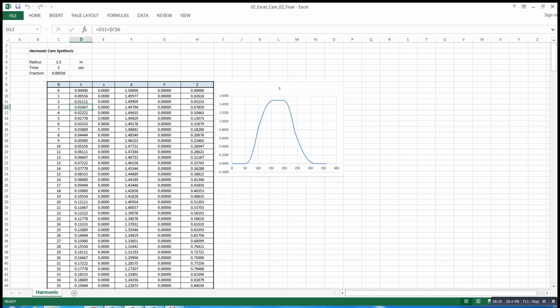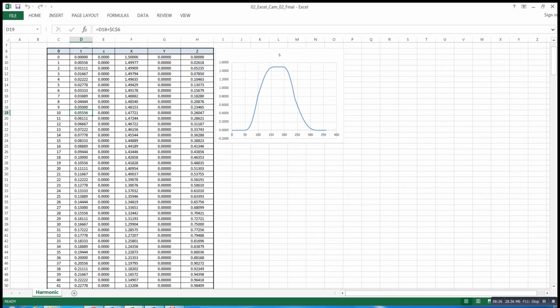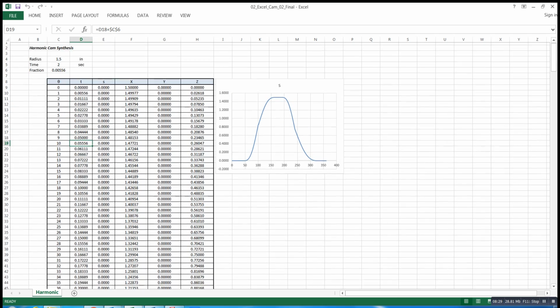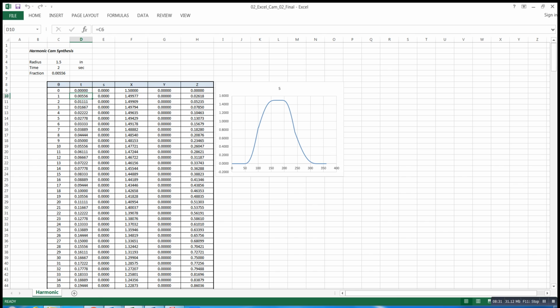So we have the column that represents how much time the cam spends with an increase of 1 degree. Okay, that's it. So having that in your computer,